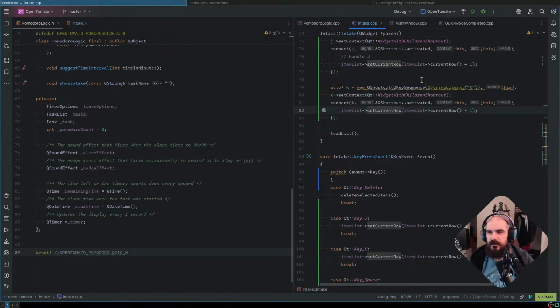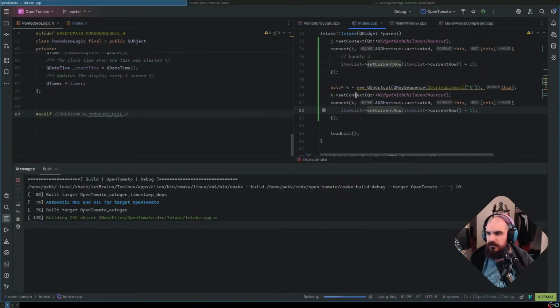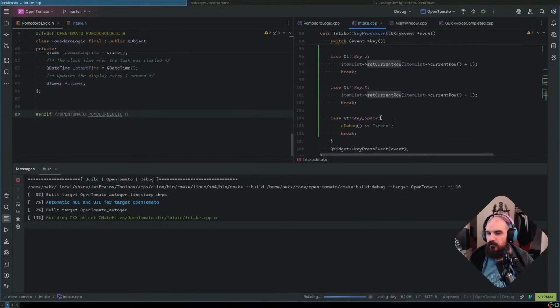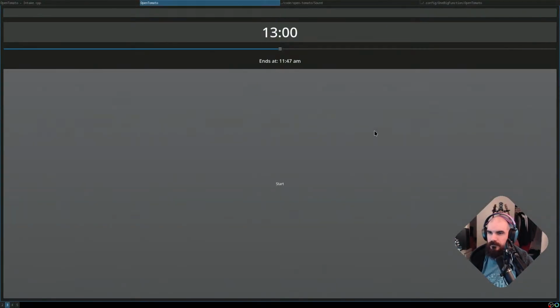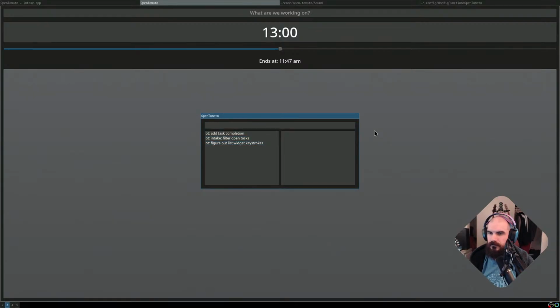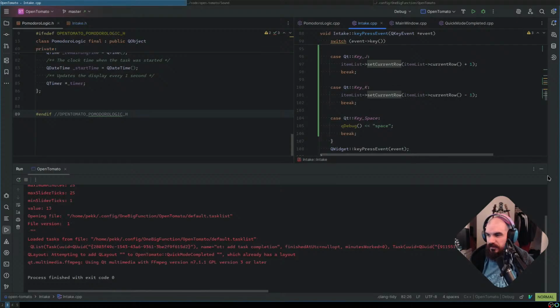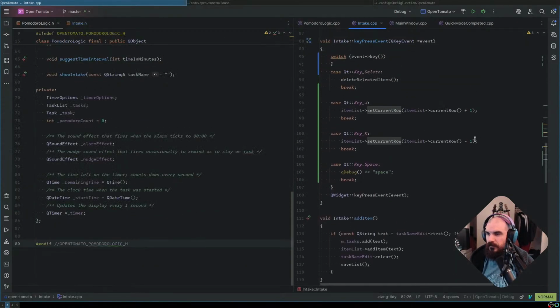Now set current row. I don't know what happens if you set that to a negative number. I'll find out. I have a feeling now. Oh shit, that just works. Okay, but it doesn't loop back around. Oh shit, that's actually okay, that works. That's very simple. We like that. Okay, cool. And what I'm gonna do here,